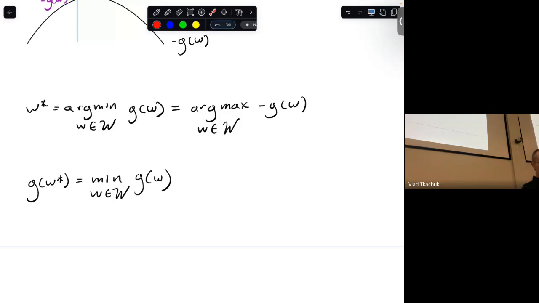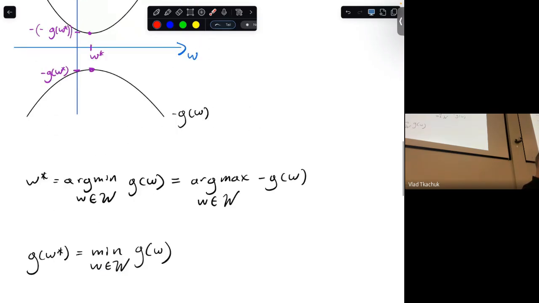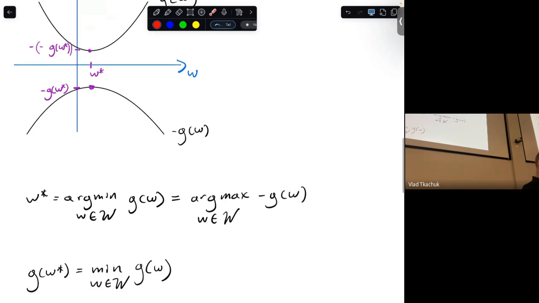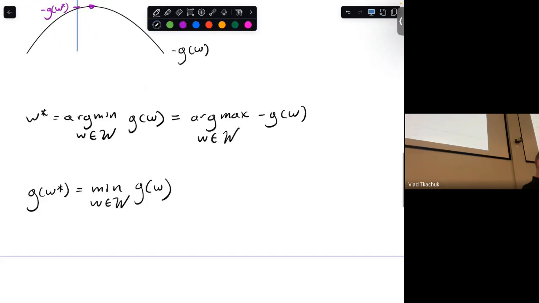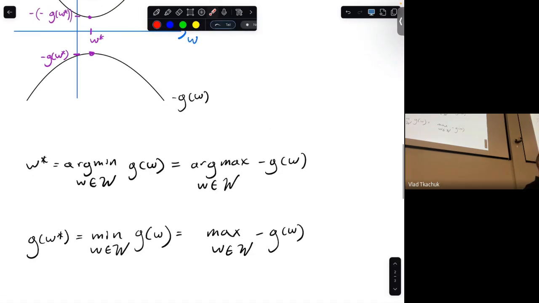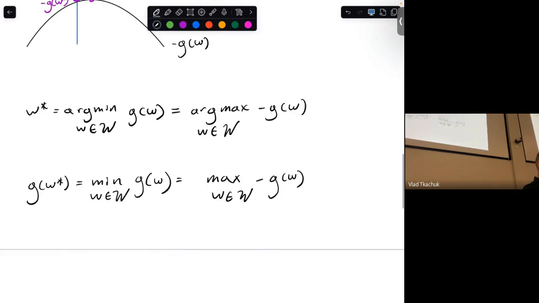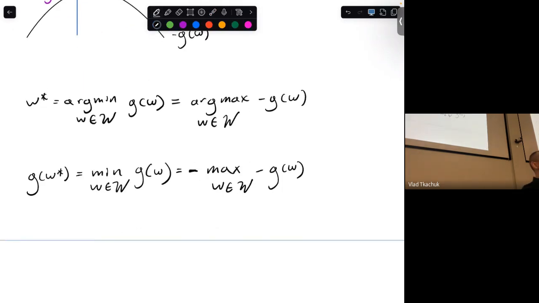We also saw, well, the claim is going to be the following. We also saw that if you took the maximum of negative g of w, then you get a point like this. And if you then apply the negative outside, this is what our intuition was saying, then you should get g